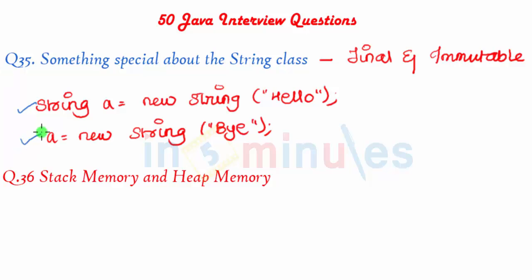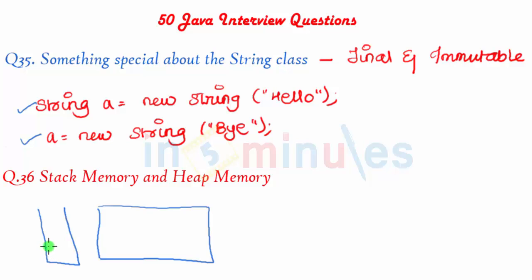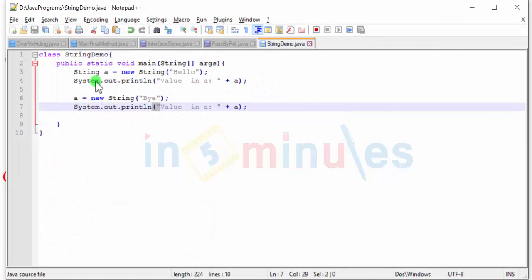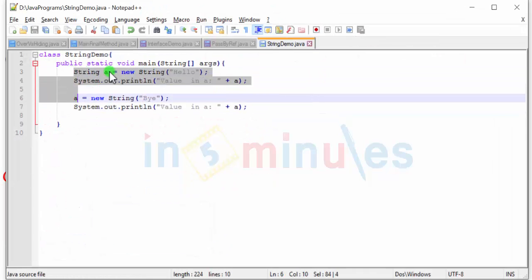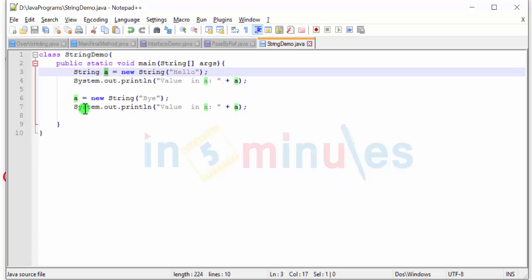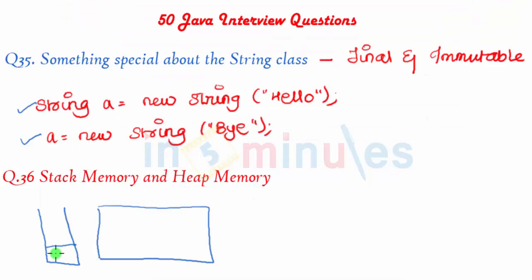We have something called the stack memory in Java, and we also have the heap memory in Java. Stack memory is nothing but you'll have your functions over here. And of course, because it is a stack, we'll always have a last in, first out condition. So obviously the first function to be executed is the main function. Here, this space will be reserved for the main function and the references or the primitive data types that are defined inside your main function. So in our case, in this program, we have the main function over here. We have String a, and that's it. We have only a defined in our main function. So a will be defined over here.